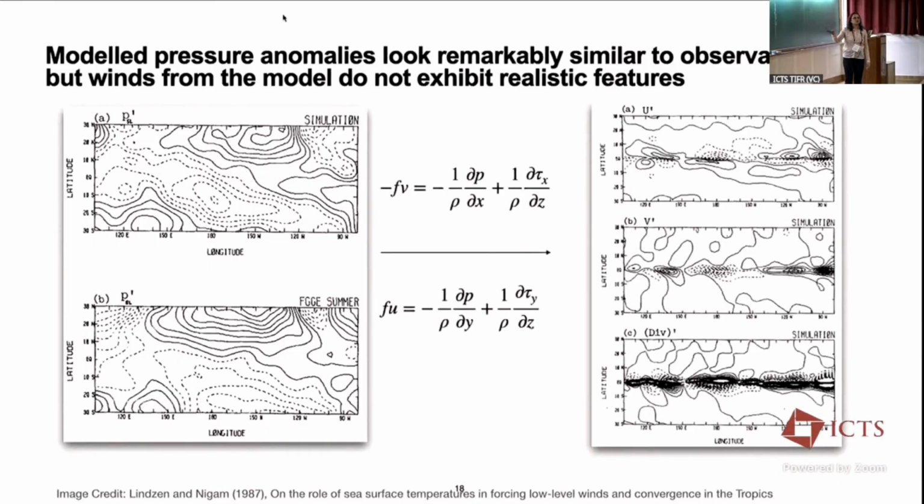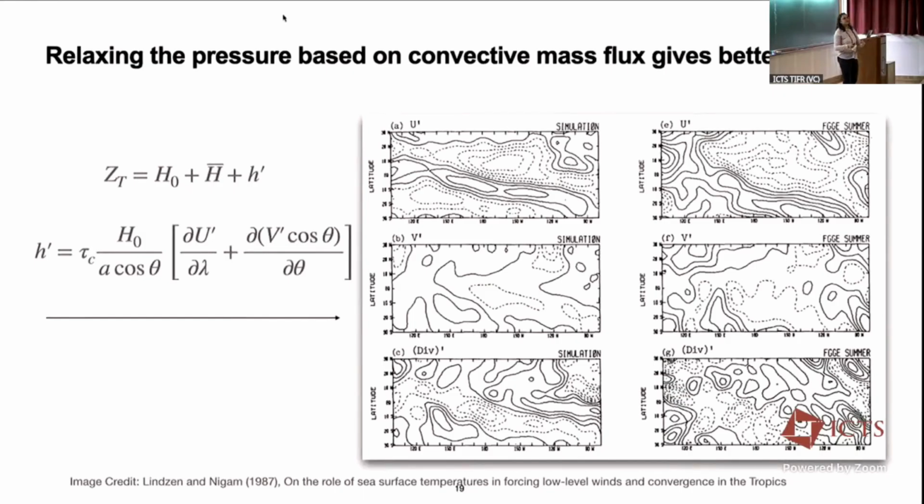And to sort of correct this, they hypothesize that maybe the fixed lid is not a good enough approximation. What if there's low-level convergence happening into a particular column? Then there should be something that relaxes the pressure gradients there. And that's what they try to do with the correction, which they call the back pressure. So they wrote down the fixed lid with contributions coming in from low-level convergence, and they also introduced a time scale. And when they did that, and they used a time scale of about 30 minutes or so,